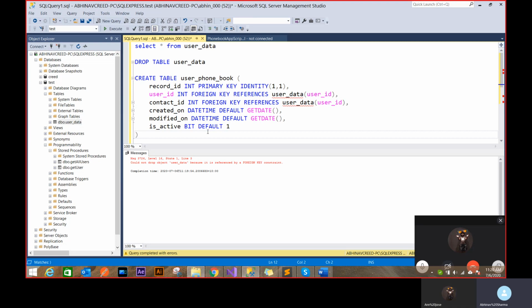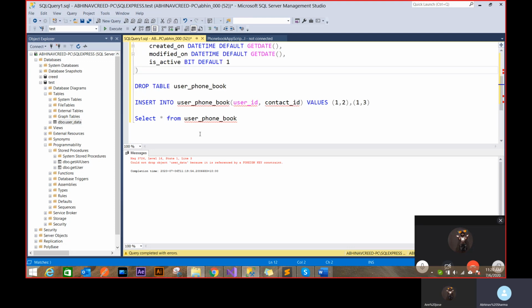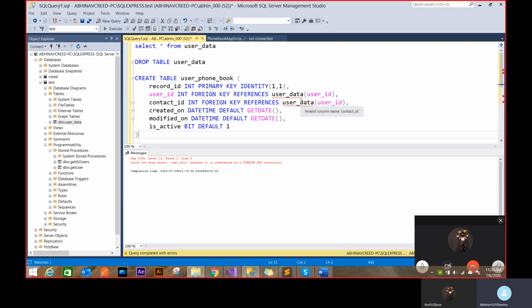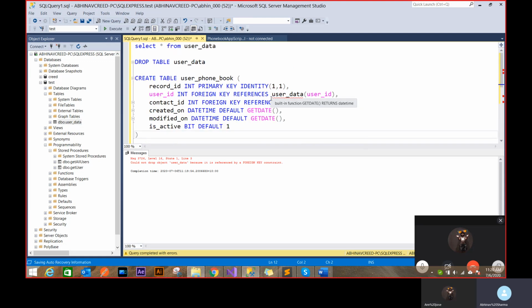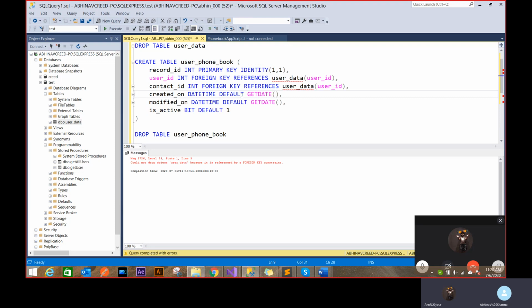So that's another advantage that you get: your master table can never be dropped directly. And even if I want to delete this record, 1 and 2, from the table, it won't even allow that, because your deletion has to happen from the child table. You can't directly delete a master table row and then your connection will be broken. So first you need to delete the record which is using those 1, 2, 3, and then you can delete the master table record. So that's the approach of foreign key.